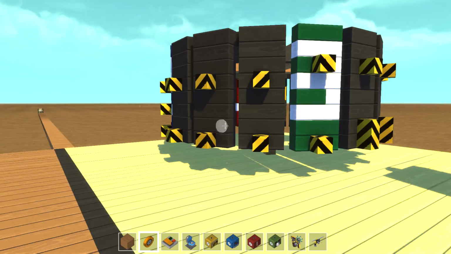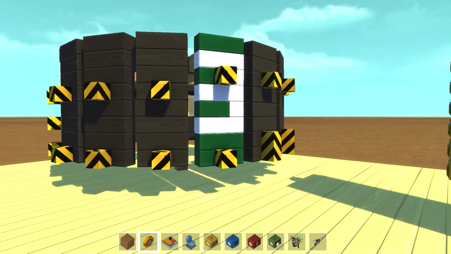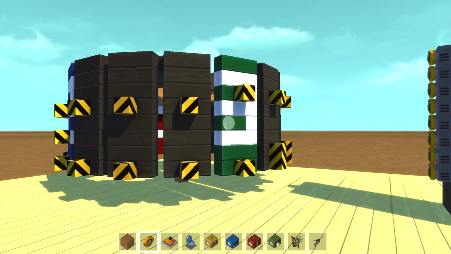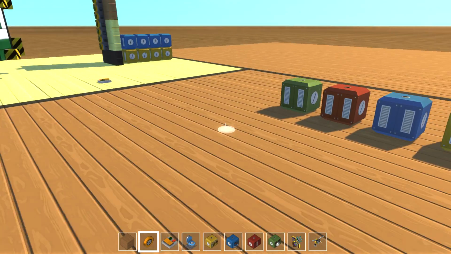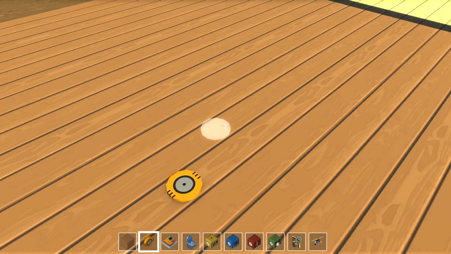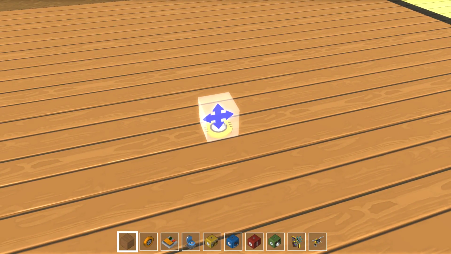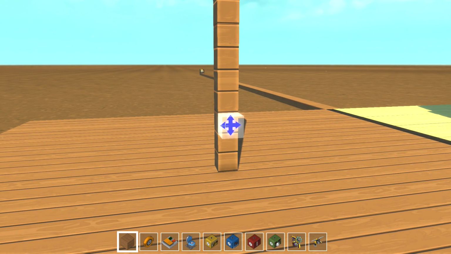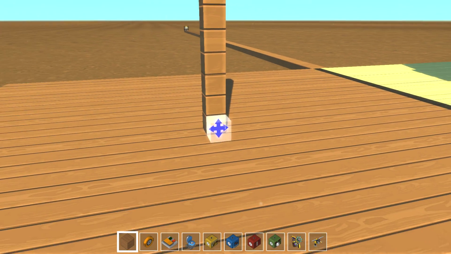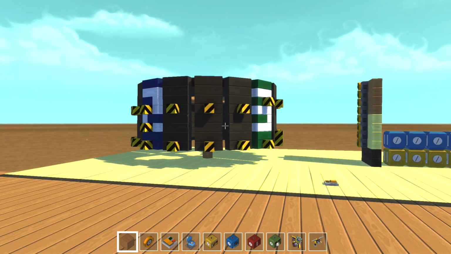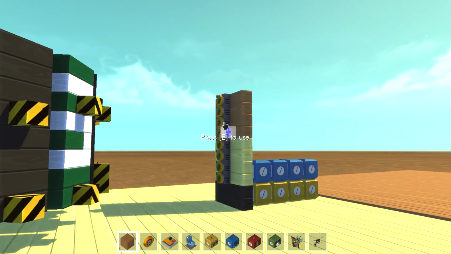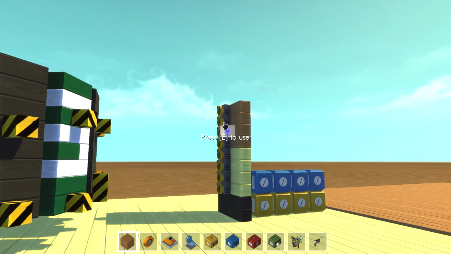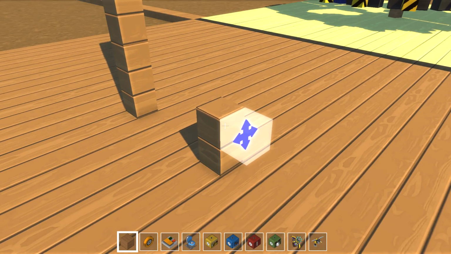All right, so what I'm going to show you is how to make this one, which is a full bar. It's basically 16 ticks, little notes that you can play. What you need to do is put a bearing in the ground and a pole sticking up. You want to have at least like 8 blocks if you want to have 8 sensors. If you only want 4, you can make it shorter. But if you want to do it like this one, that has 8 sensors, I'm going to build mine off